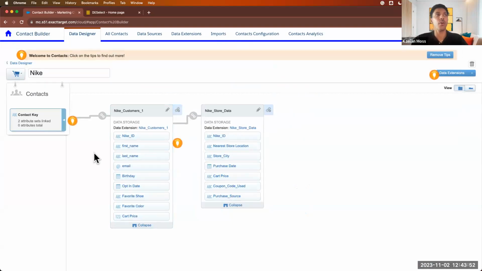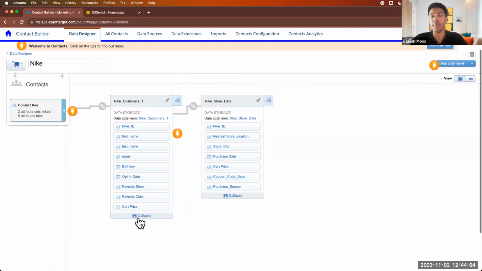So here's a basic one. I've used Nike as an example. Let's say you have a Nike data file that has a customer's Nike ID, their first name, all the way down to how much money they've spent.